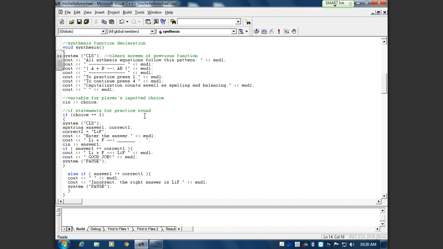Okay, so this is the synthesis function, and here you'll see system cls, which is another part of stdlib. And what it does is it basically clears the screen so that this whole section of the code is new and it's not the same as the original menu. Once you choose whether you want to practice or continue,